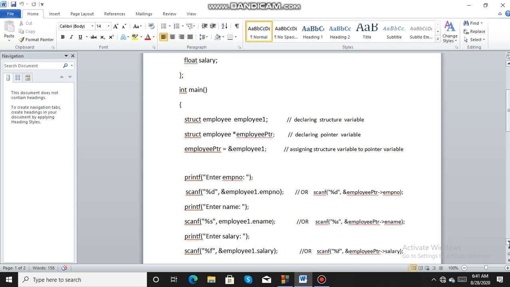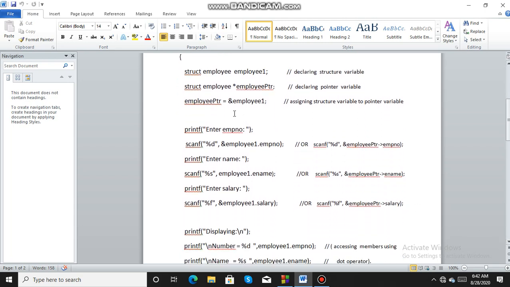Now after assigning the address to the pointer, we are accessing the structure members. We are entering the data through the screen using scanf. You can access the members either through the dot operator or through the arrow operator. When accessing structure members through the dot operator, you have to use the structure variable: employee1 dot employeeNumber, employee1 dot ename, employee1 dot salary.